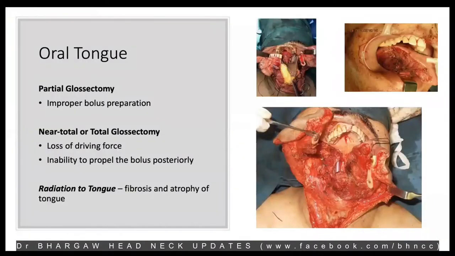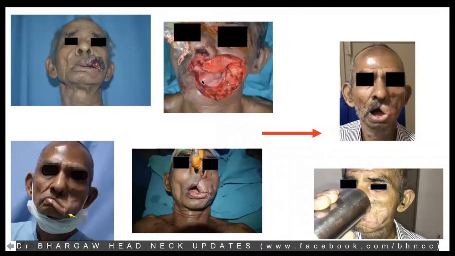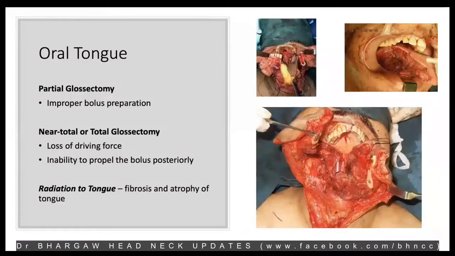There are also times when the flap does not heal or does not set the way we want, and if there is a part of bone which is also taken along with it, as in marginal mandibulectomy, the part of the reconstructed flap tends to collapse inwards into the oral cavity, and that is a bit of a problem. So sometimes, if the patient has teeth, a prosthodontist could help to fix some kind of prosthetic to complete this defect and help prevent some of the spillage of the food.